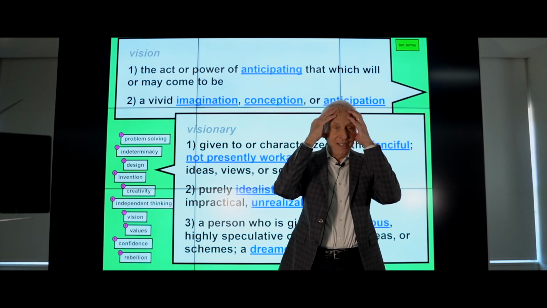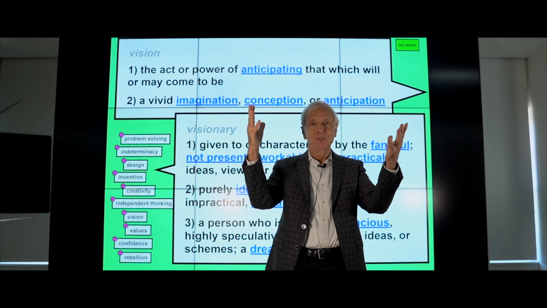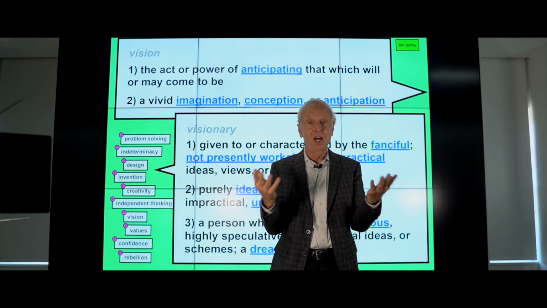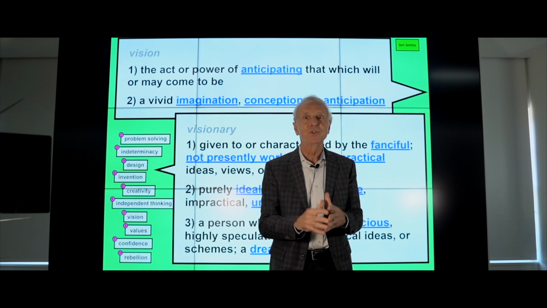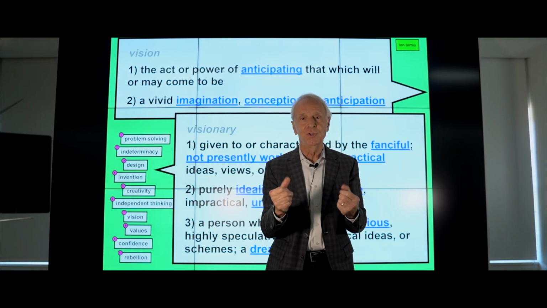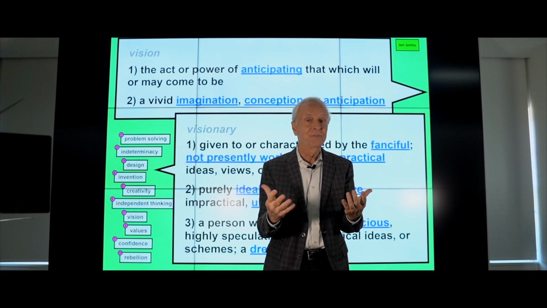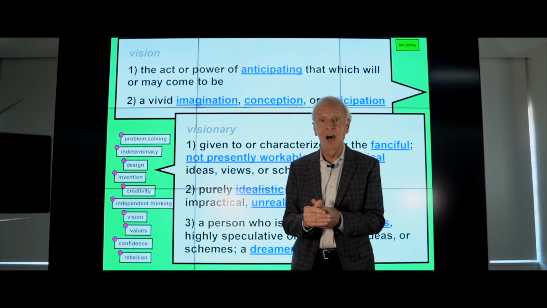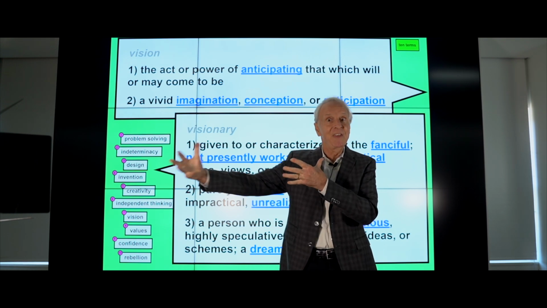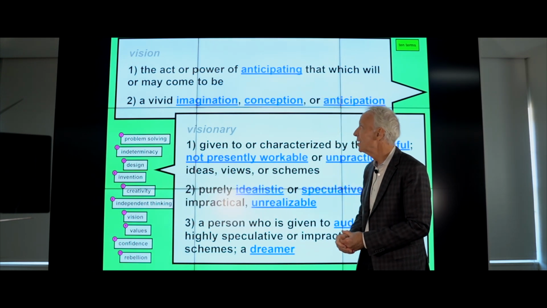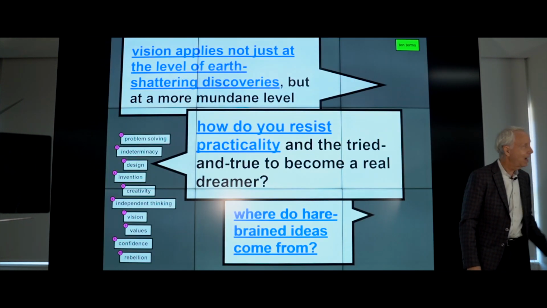Now, that's someone with vision. Vision is the ability to see things that are not there, to dream, to have ideas that are not practical, are not realizable, but maybe in the future they are, to be able to see the future and imagine the future, and that it would be very different from the present. And that then that vision would have a place and would have a practicality at that point, sometime in the future. Okay, so that term is vision.